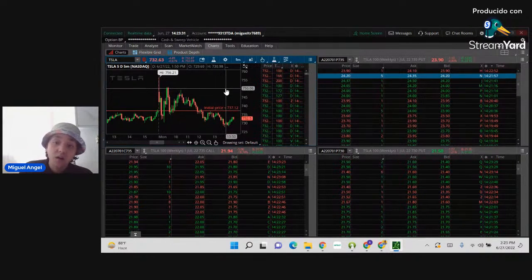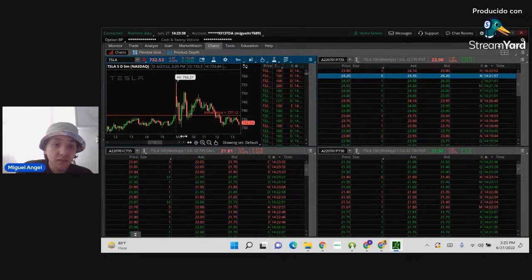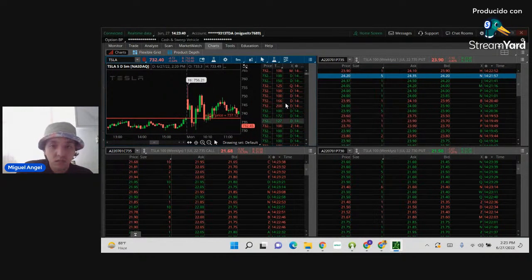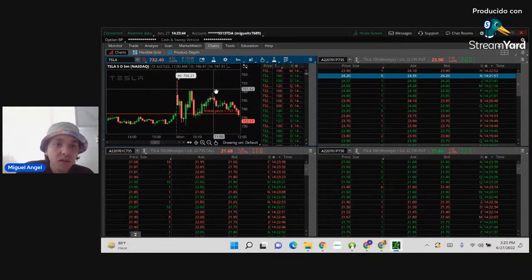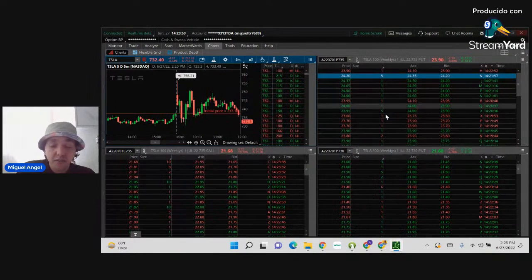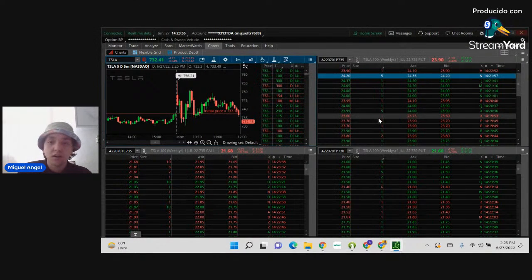So I'll be recommending to anyone using this setup, the best thing to do if you're trading Tesla, which is what this setup is for right now, I'll be trading maybe after 9:30, which is when the market opens. I'll be using this setup, seeing where the orders are coming through and where the aggressiveness